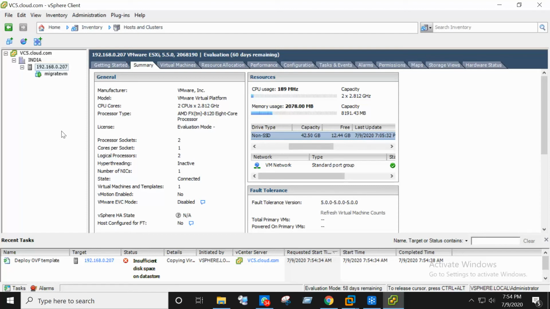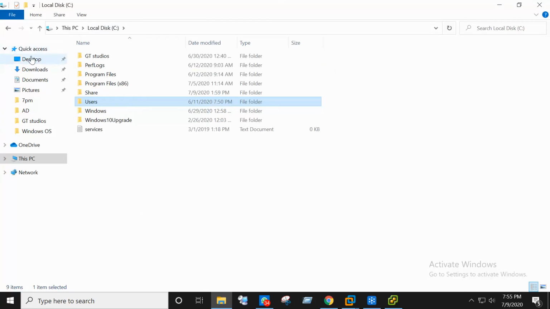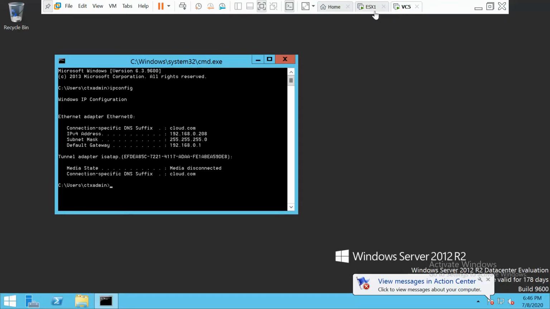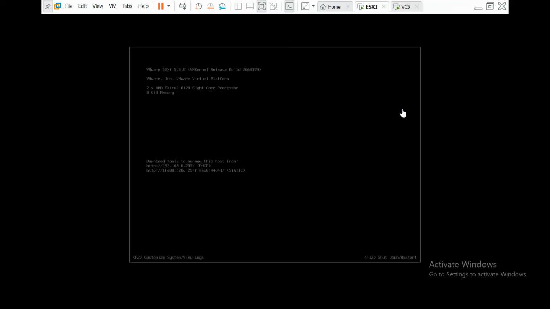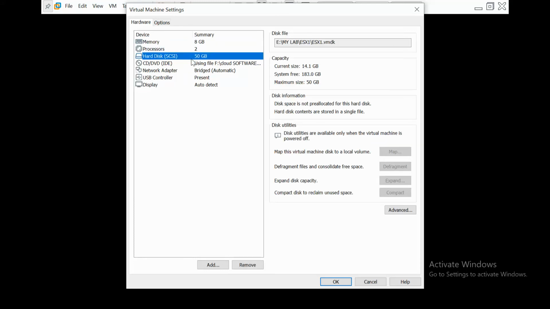Yeah, I have an idea. We created only 50 GB.